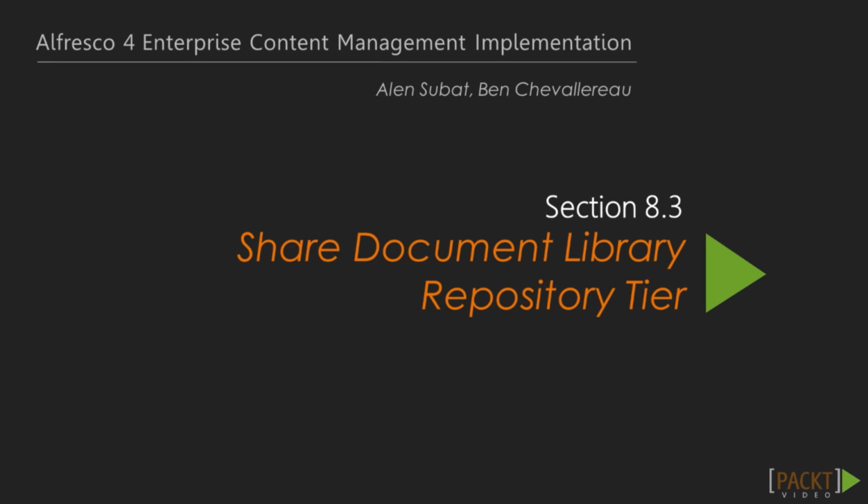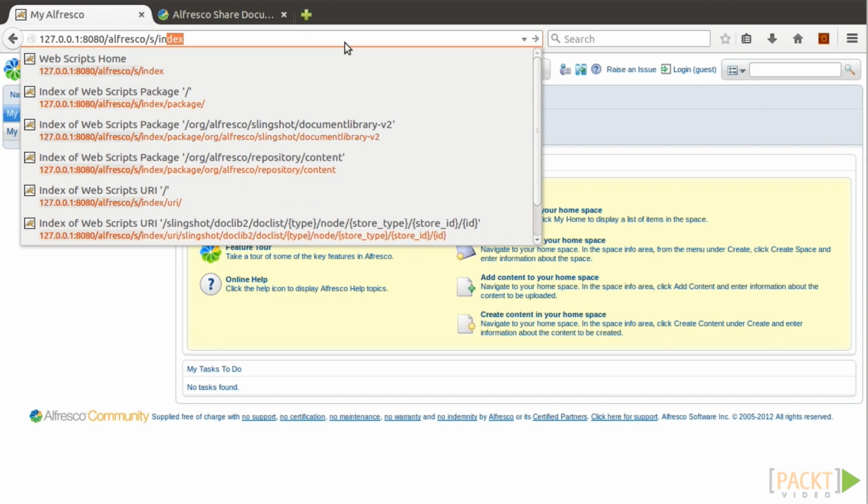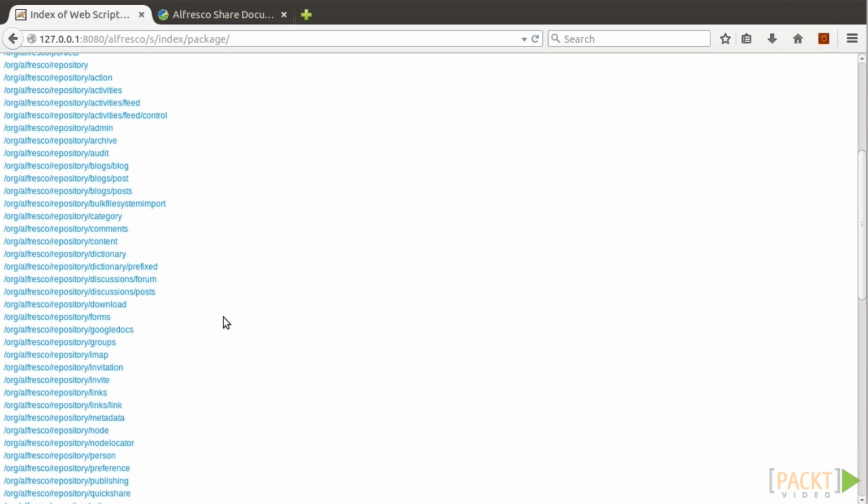Hi all, and welcome to the third video of Section 8. In this video, we'll see how to customize Share through document library repository tier. A number of changes have been made to the repository tier data web scripts. In order to preserve existing customizations and third-party add-ons, a parallel set of data web scripts were developed rather than